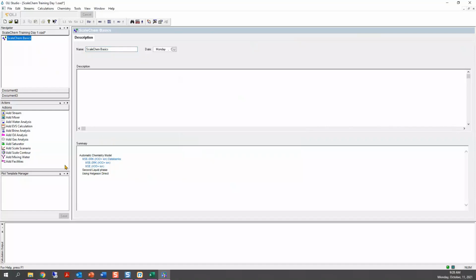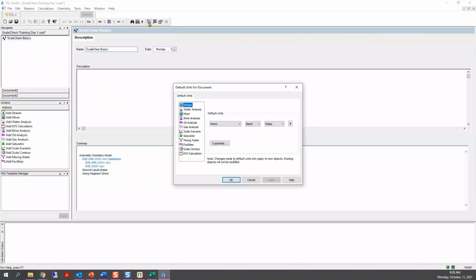Now, it's important to set up units as well. So what you can do next is go to the units manager, which is represented by this CF icon, and click on it. I just want to show you that the software by default has some default units for all the icons of the calculations.